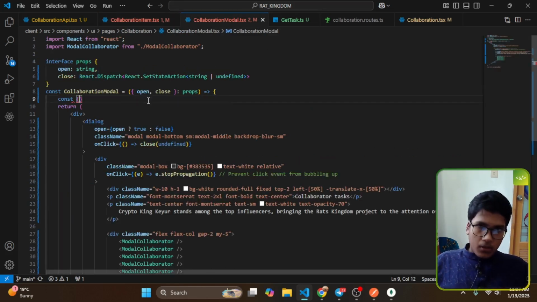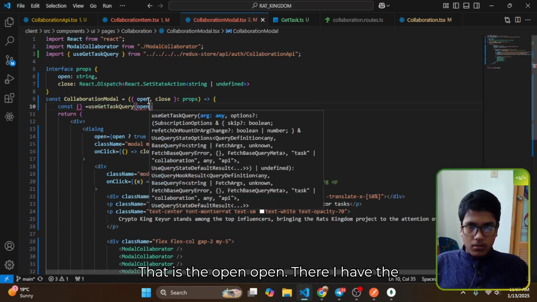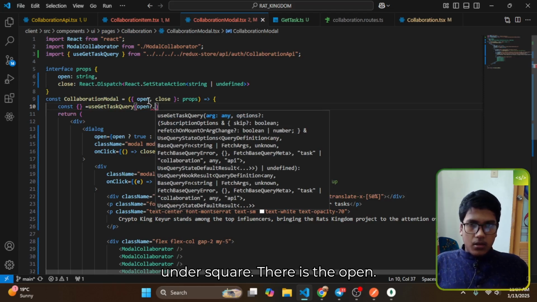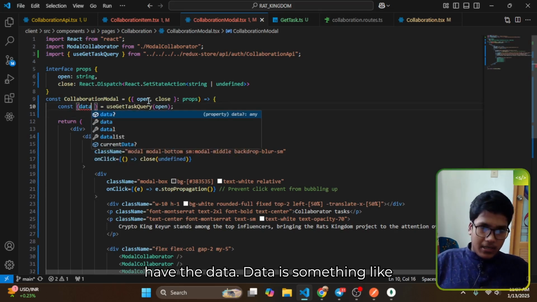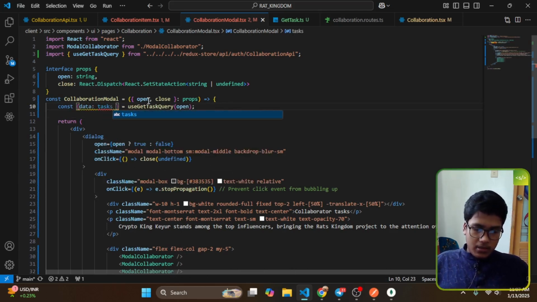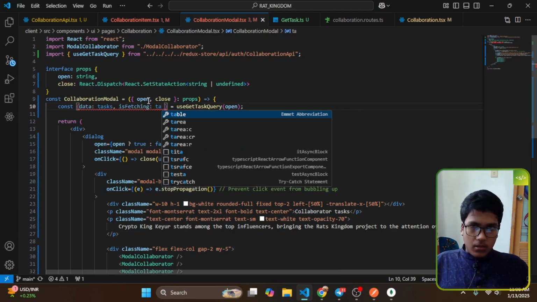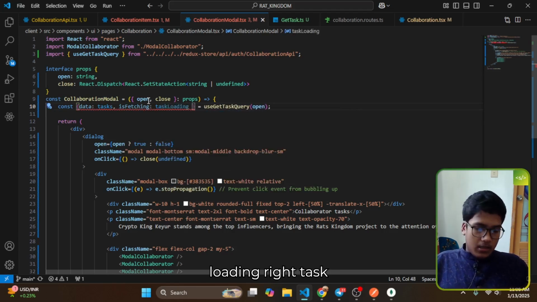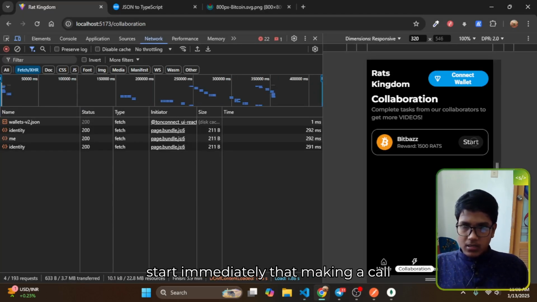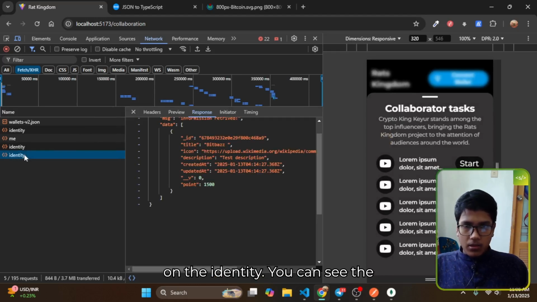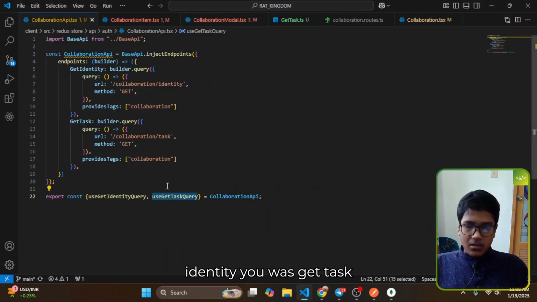Okay, now here I need to pass that, that is the open, there is the underscore, that is the open, nothing more, and there is the data, something like tags, and there is isFetching, that is tags loading, right? Tags loading. Now I can go on the mini app, and when I click start, immediately that makes a call on the identity. Okay, you can see the route is identity. So does that identity use get tags,